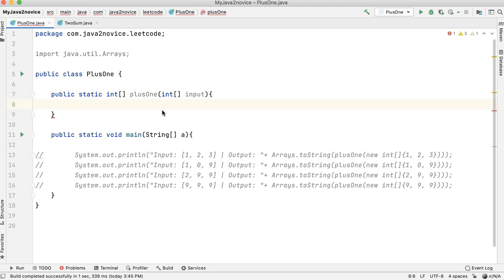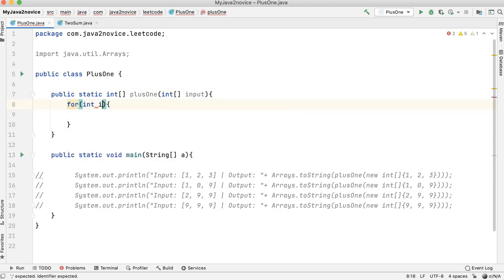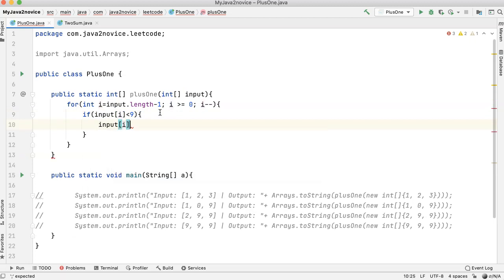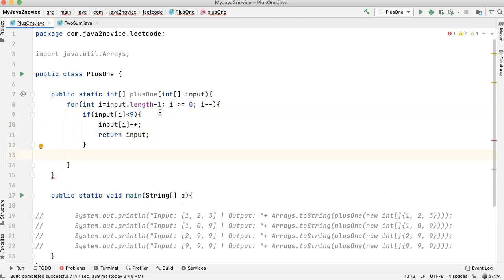We will loop through the array in the backward direction. If the digit is less than 9, then increment it by 1 and return the array back. If the number is 9, just replace it with 0.